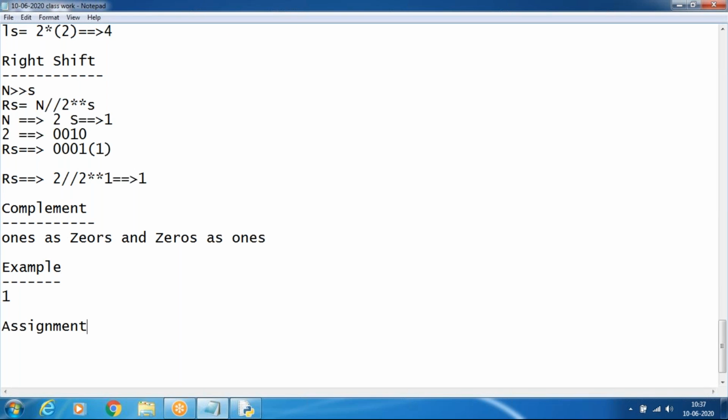Assignment operator: equal to is the assignment operator. Assign a value to a variable by using the equal to operator.